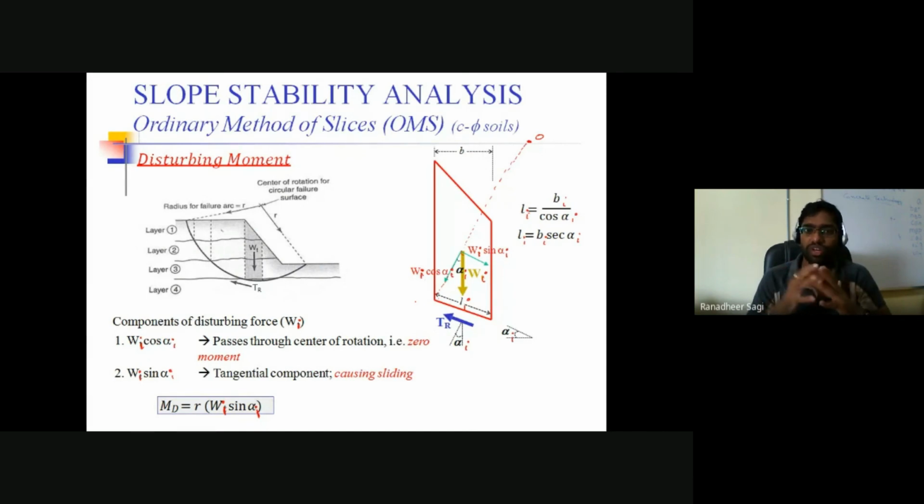So once we know it for one slice, then for all the slices that we have, if I want to approximate and calculate, we say summation i going from 1 to n, total moment getting resisted by total moment causing the driving. That's how we are going to calculate the factor of safety for that particular slope based on what is called the method of slices. We call it the ordinary method of slices, which is given by Fellenius. So we also otherwise call it the Fellenius method.